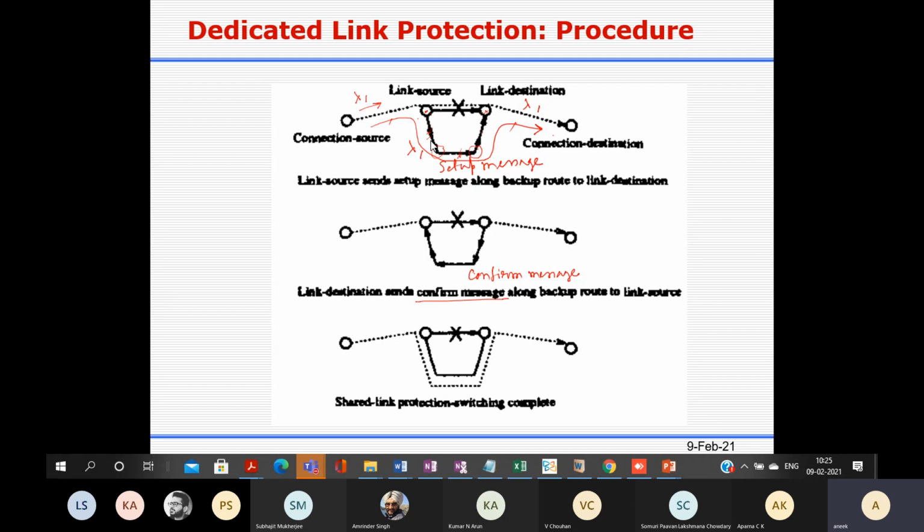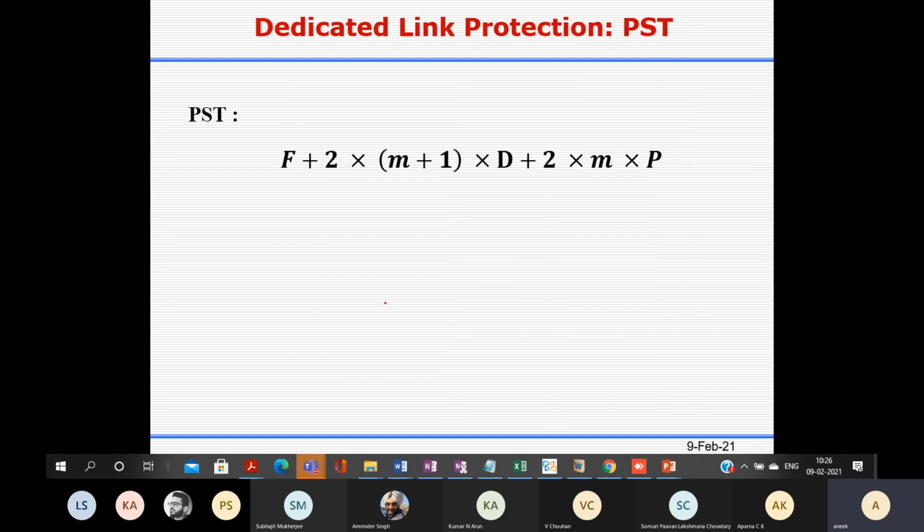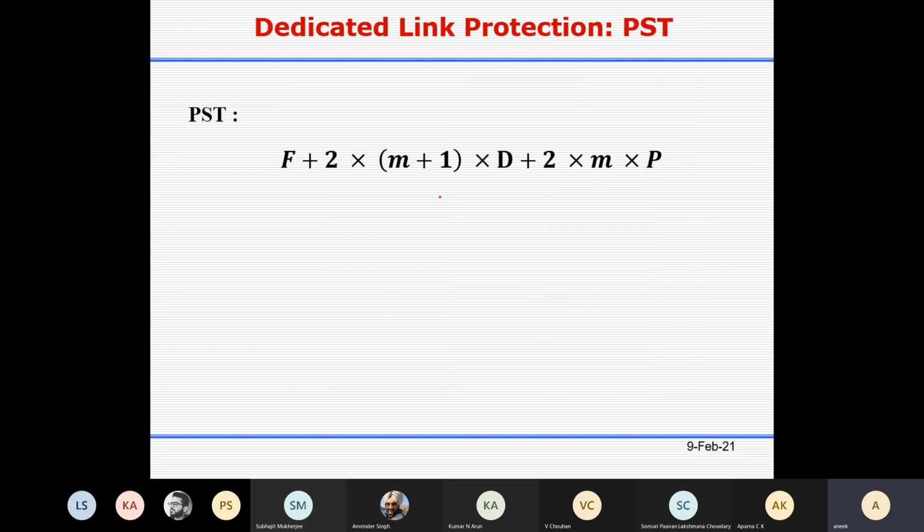So you have to traverse m+1 nodes. First you will be sending the setup message, then you will be getting a confirm message, so the propagation delay will be 2 times m times P. The processing delay, including the queuing delay, with a total of m+1 nodes, should be 2 into m+1 into d. Okay, so this is the dedicated link protection.